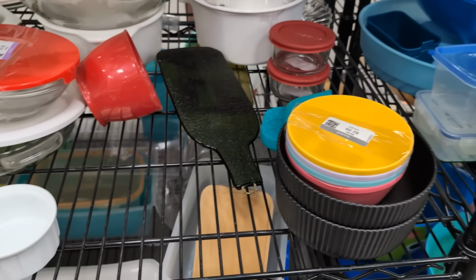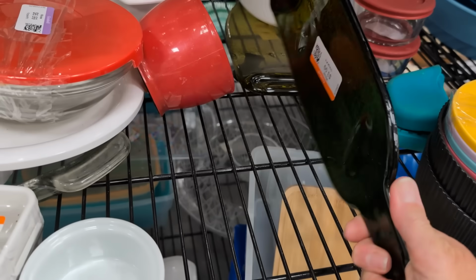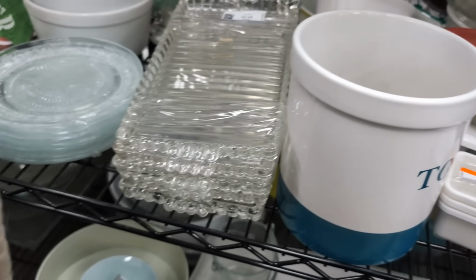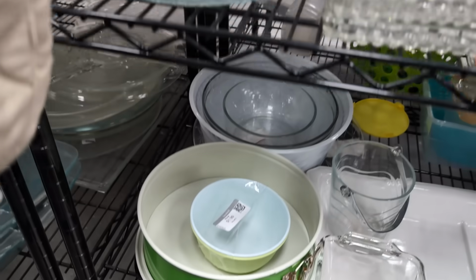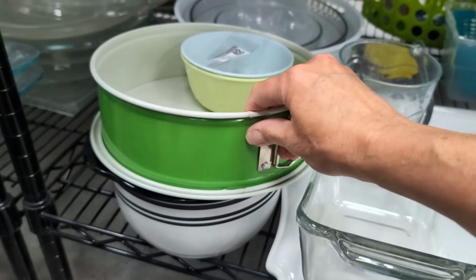Here's a flattened wine bottle. These used to sell quite well, not so much anymore, and they're very, very heavy, so I think we'll leave that. Here's some trays, serving trays made of glass, a spring-formed cake pan,